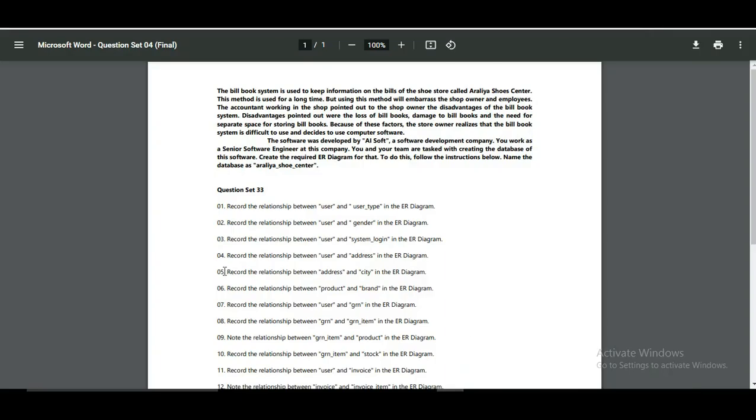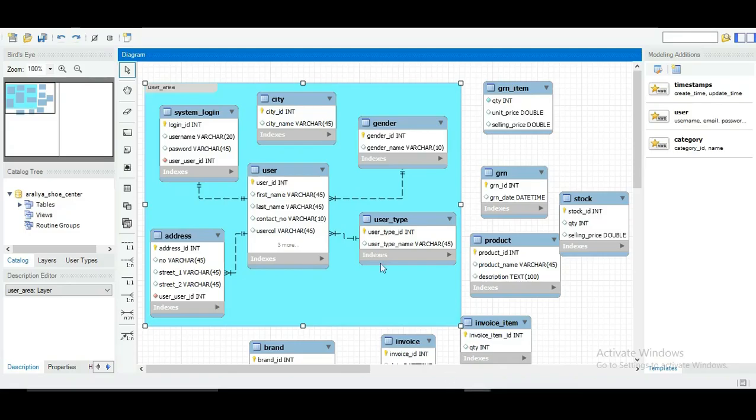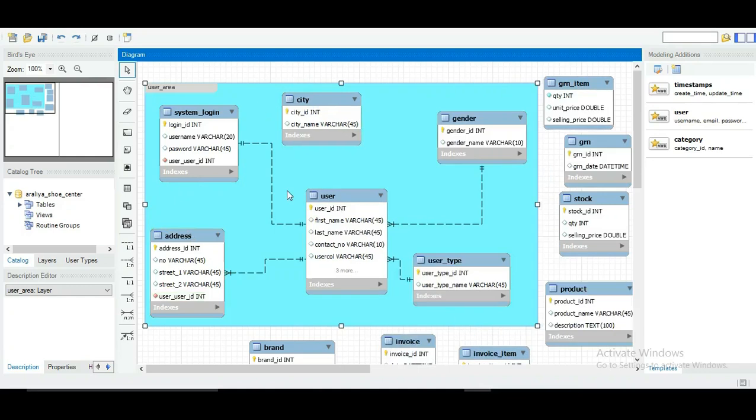And in the fifth question, I've been told to record the relationship between the address and city table in the ER diagram. So again, if I go to Workbench, over here we can see the address table and the city table over here. So since there can be many addresses from the same city, that means there will be a one-to-many relationship between the address and the city table.